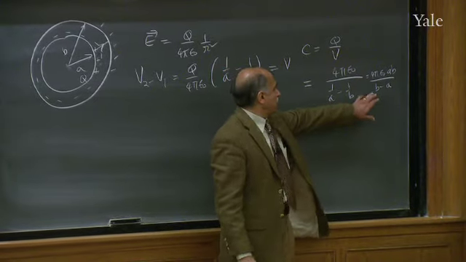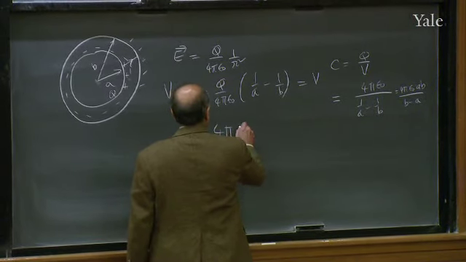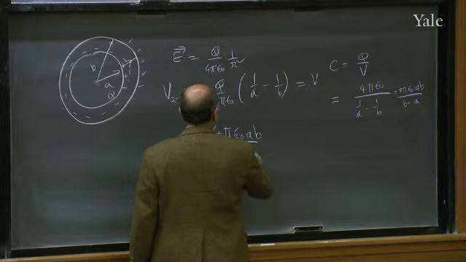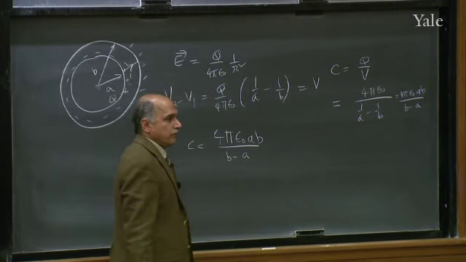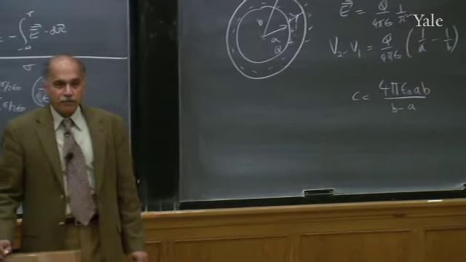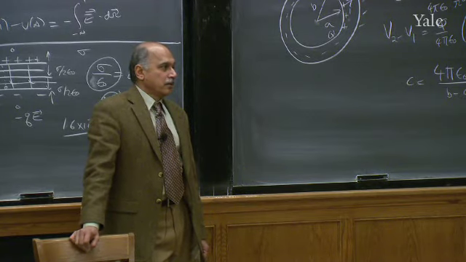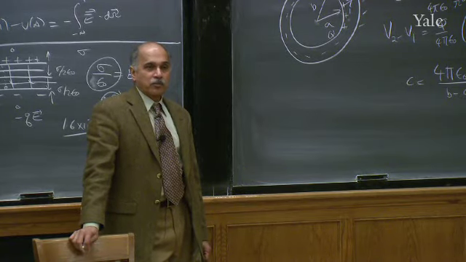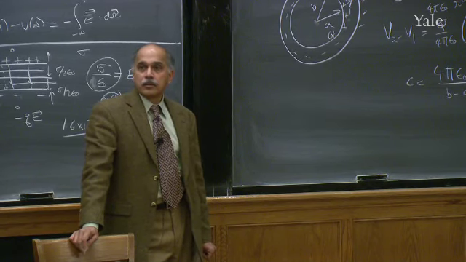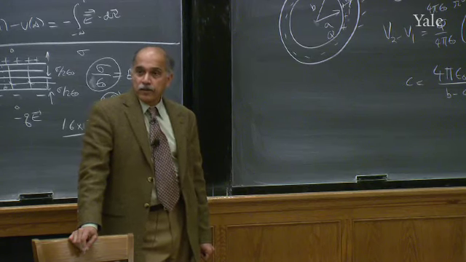I'm going to put this to a test. Let me write down clearly the answer here: 4 pi epsilon 0 AB divided by B minus A. What test can I do if I want to compare it to a parallel plate capacitor? Can you see how I can relate it to a parallel plate capacitor? Yep. Make the A close. A what? Make B minus A like